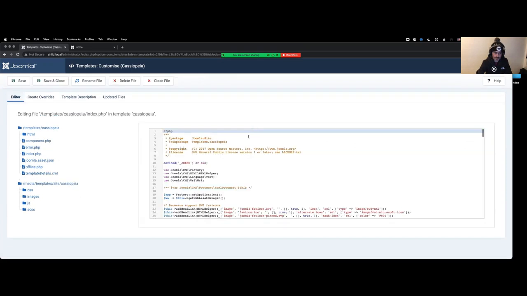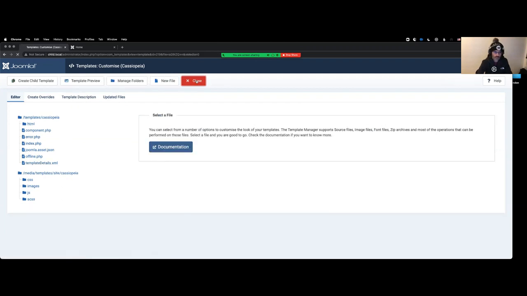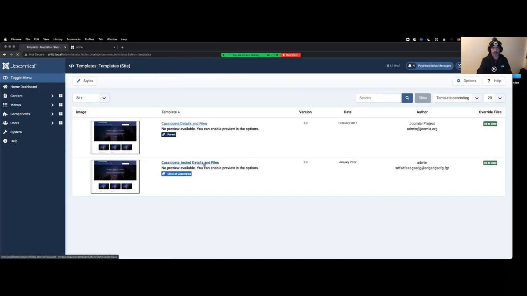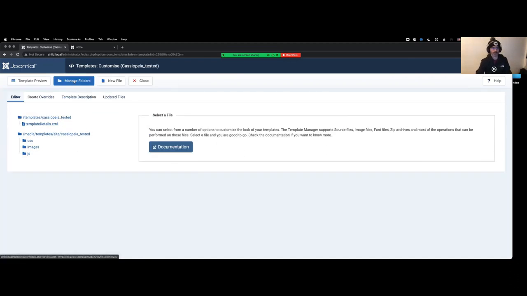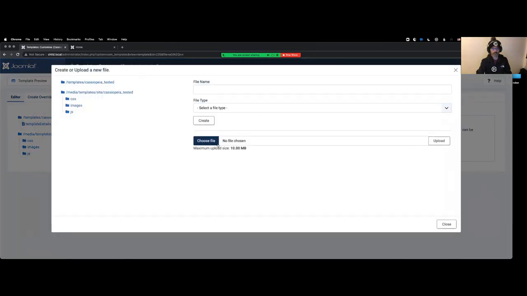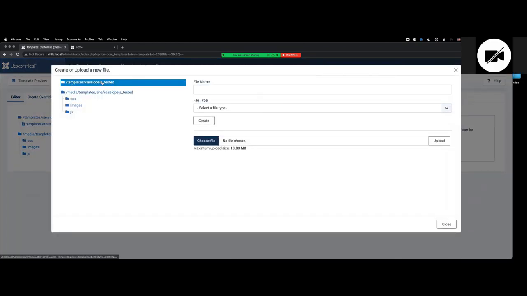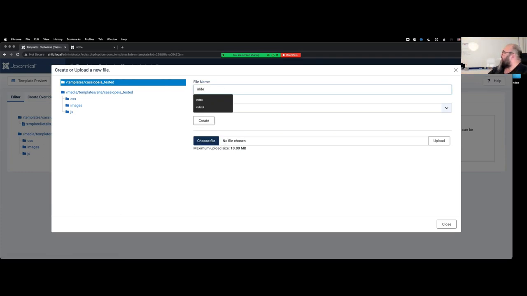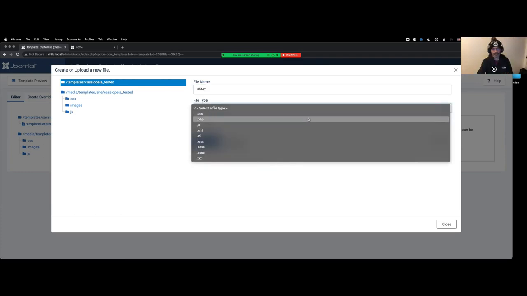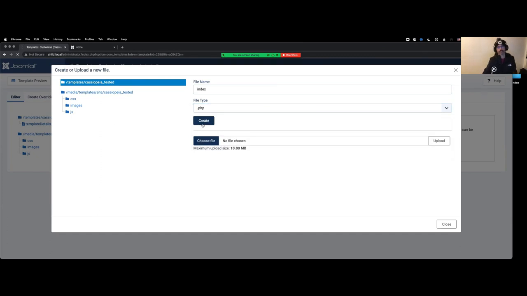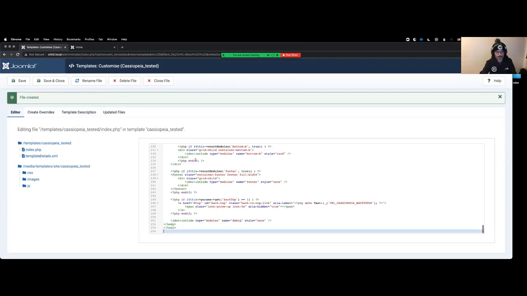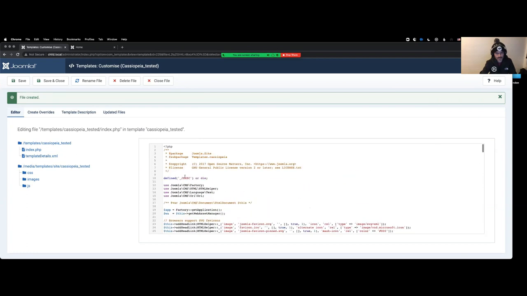open the index.php, copy all the contents of that file, close this file, close this template, go to the child template and say new file. I want it to be created into this position, named index.php, create, paste, and now if I, let's say, copy this line,